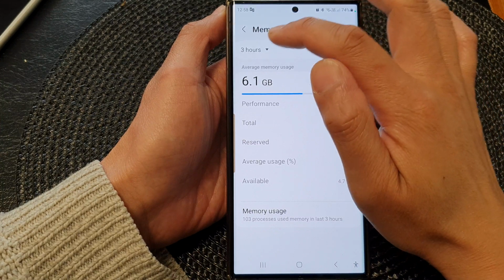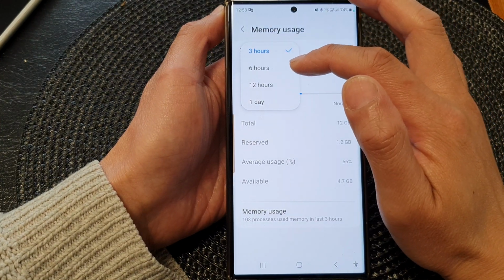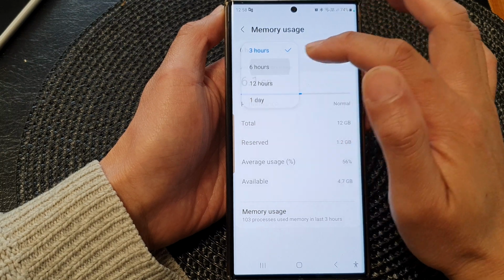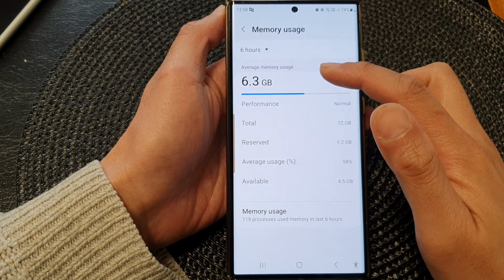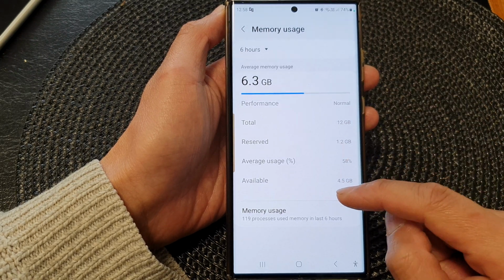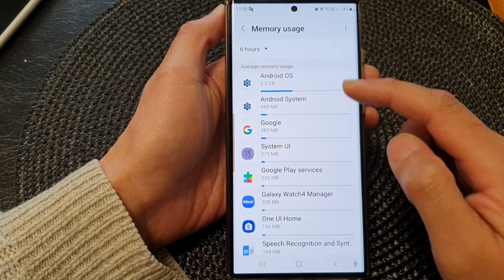Next, you can choose the number of hours to view. So here we can choose 3 hours, 6 hours, 12 hours, or 1 day. And below here is your average memory usage. Tap on the memory usage down here. This will allow you to view all the apps